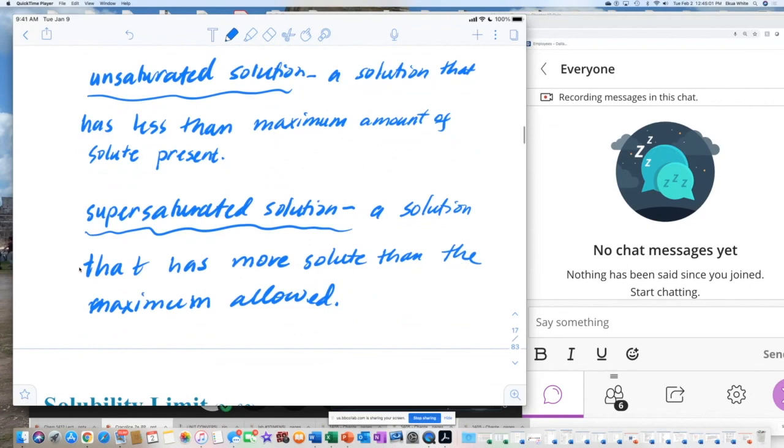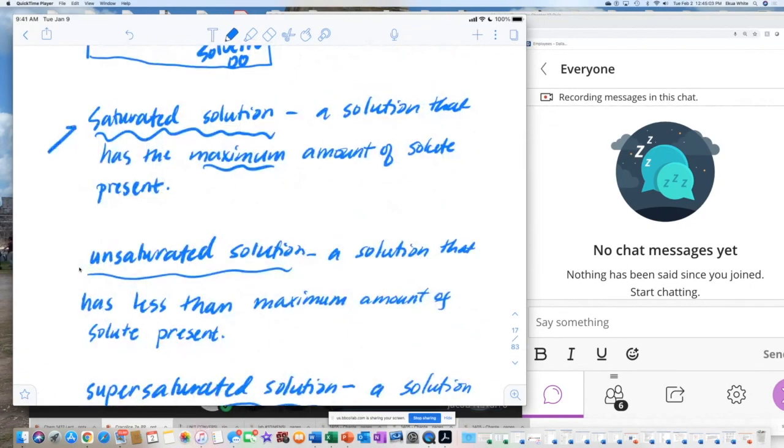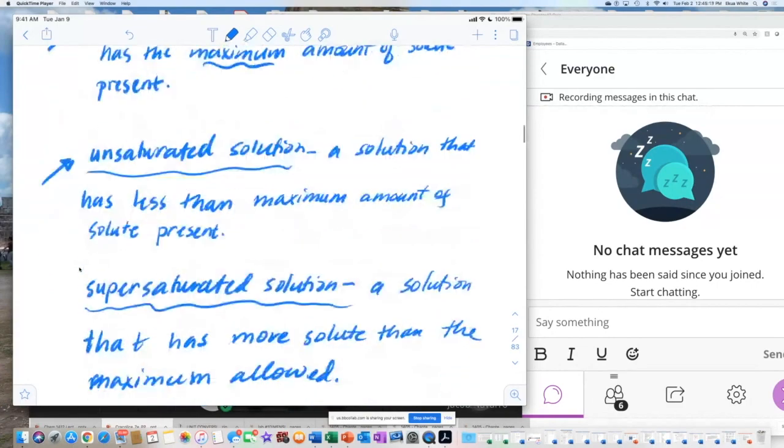For real, we're learning. Saturated is the comfort level of the solution. If you add a solute until the solution is saying, okay, this is enough, that's saturation, the comfort level of the solvent. Unsaturated, you haven't even reached that maximum level. Supersaturated, you cross the maximum level. You went to the maximum level and did stuff to force the solution or the solvent to accept more solute